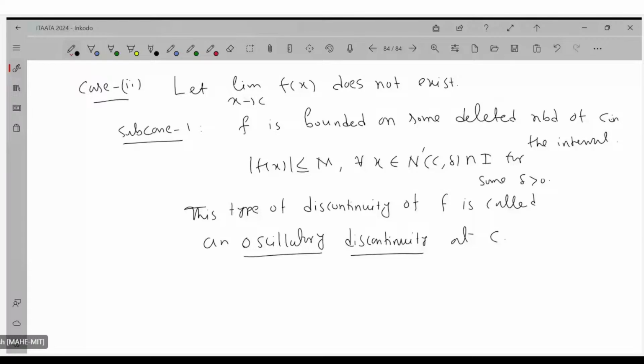Okay. So what is an example? We already did that example, sine 1 by x. So example is